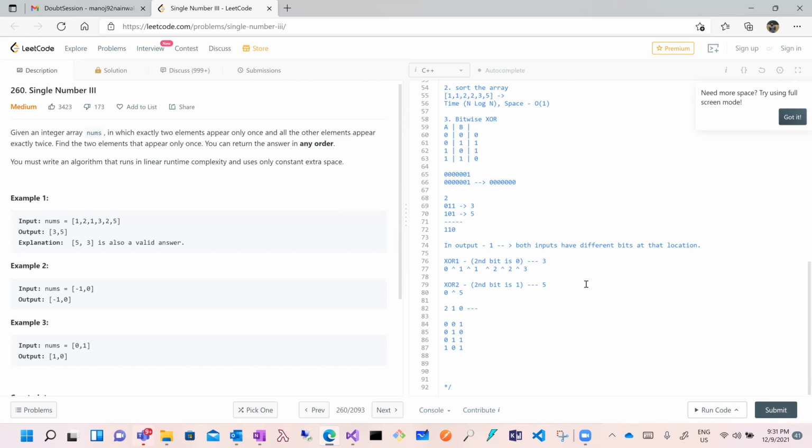All the numbers having bit 0 and bit 1 are segregated separately using XOR1 and XOR2, so that the final result of XOR1 will only contain 3 and XOR2 will contain only 5.